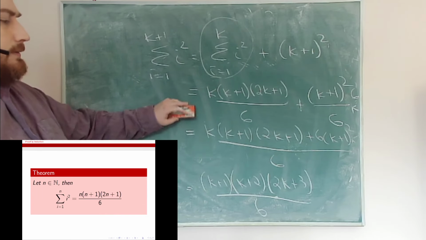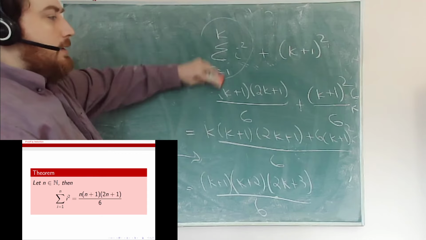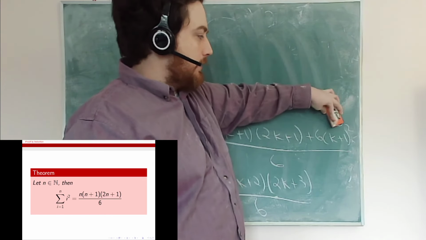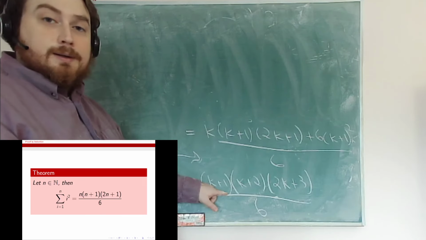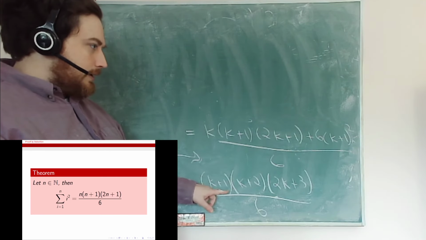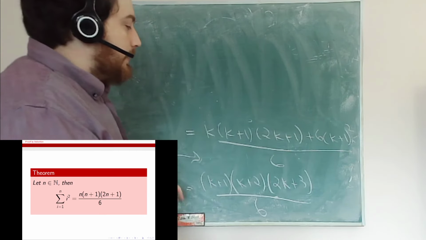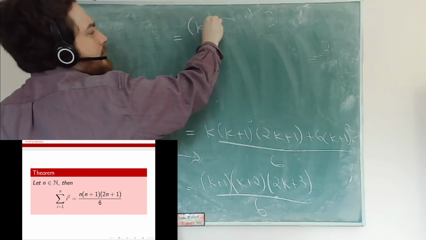All right, so now I still have work to do in here. I wish my chalkboard was bigger, but it's not. So I'm going to have to create some room. And somehow I have to get from here to here. Well, notice that I want a k plus 1, I want a k plus 2. So what I'm going to notice here is that both of these terms have a k plus 1 in them. So I'm going to factor that out, and I get k plus 1